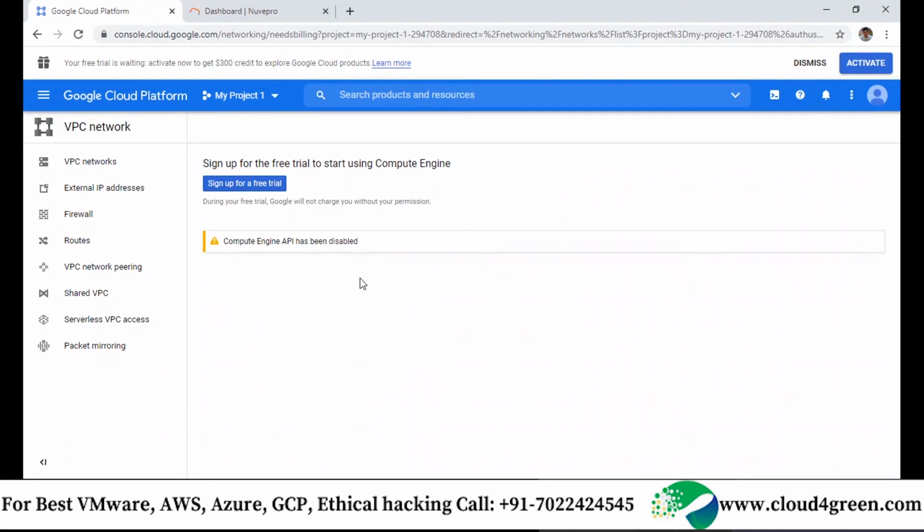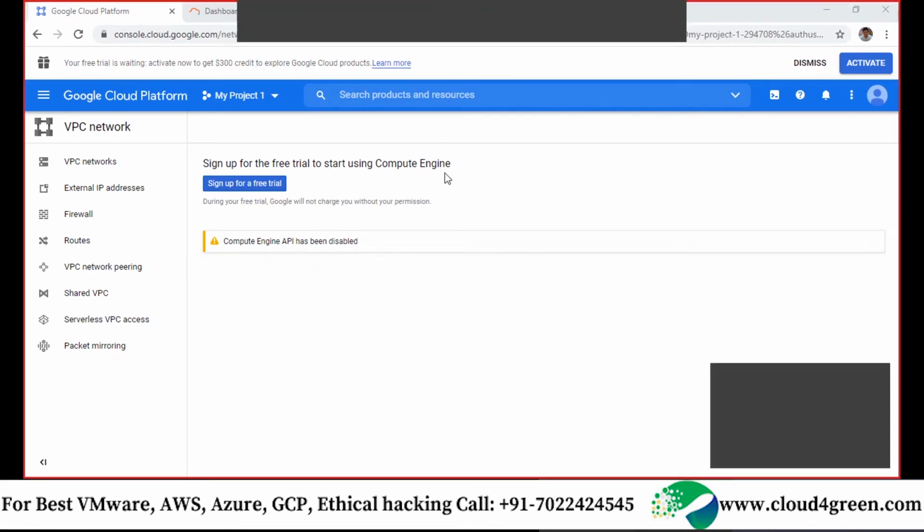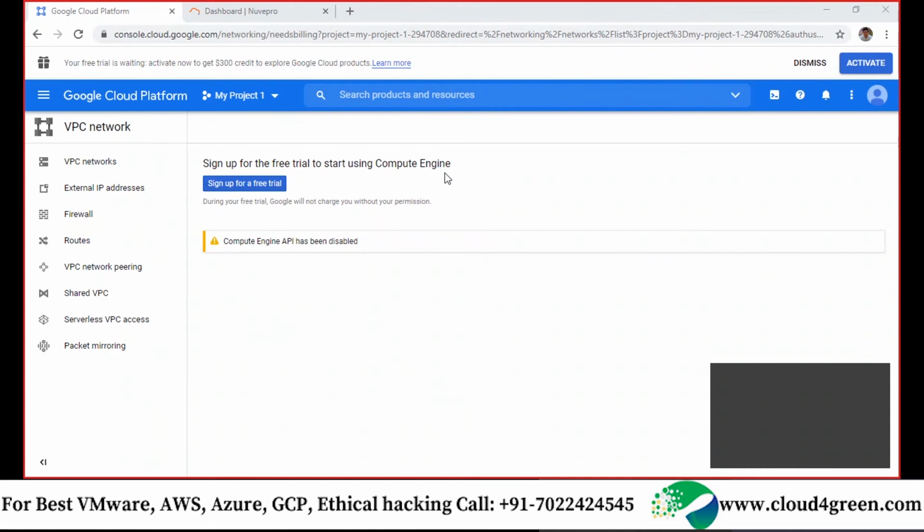Yes, sir. So my API is missing. I understood. See, my dear friend, my project one is the default project name. Hold on. Don't do anything. Let me take control of your screen. Give me control. All of you pay attention. Let's understand what our friend has done here. Let's correct this, or most of us would be a little confused here.